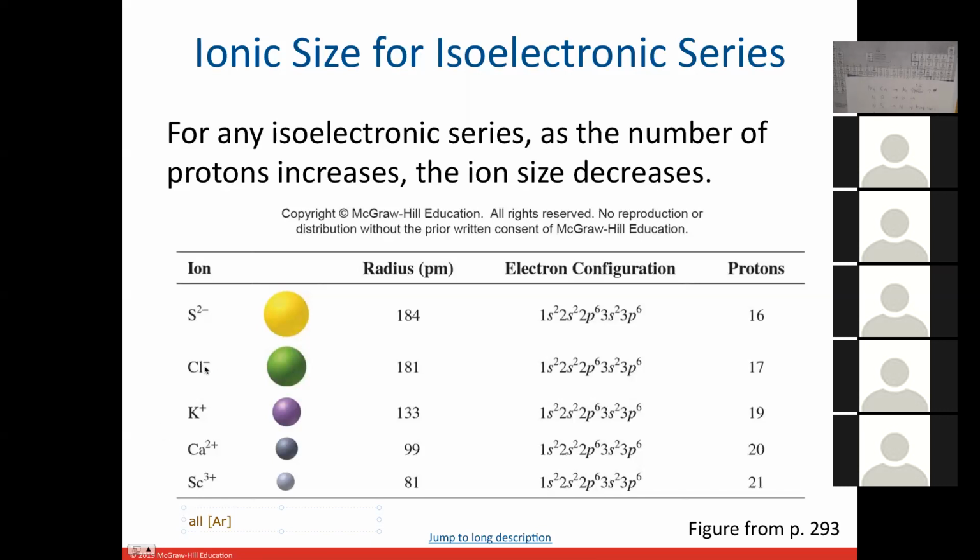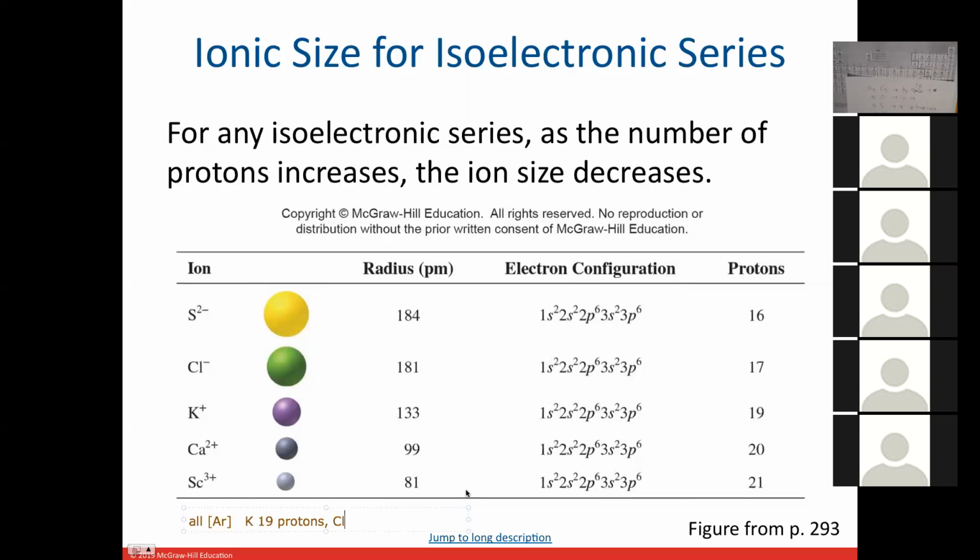If chlorine gains one electron, it gets to be like argon. If potassium loses one electron. So then you basically say, I have the electron configuration of argon, but potassium has 19 protons, and chlorine,